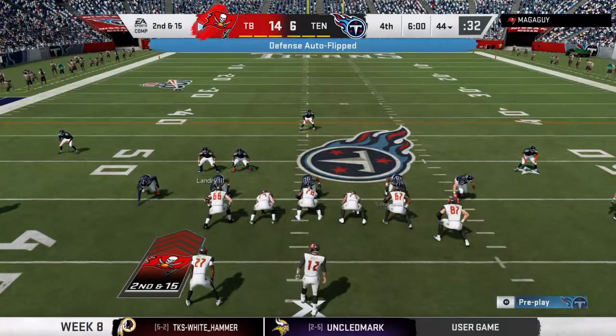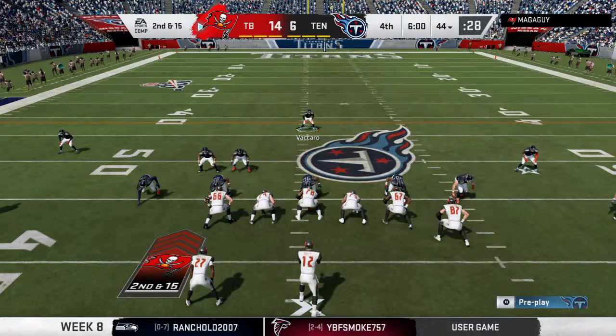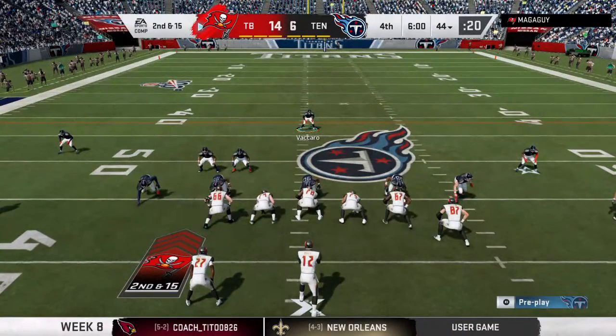Check 55, Mike. Double dog, that's the way. Shadow. Mike 55, Mike 55. Watch the run. 49, check